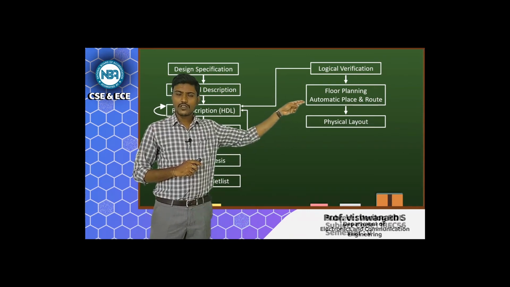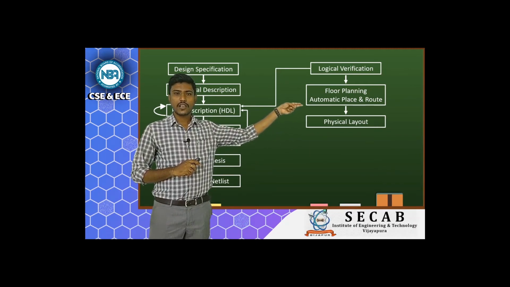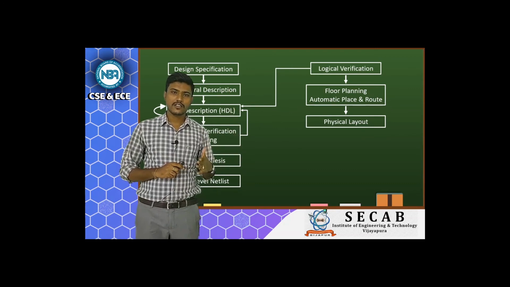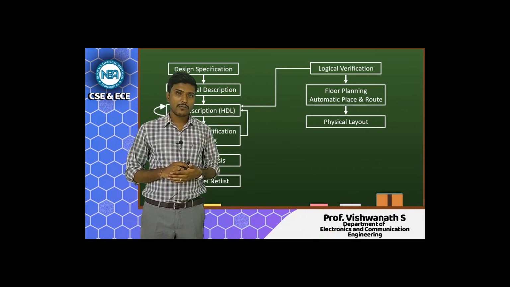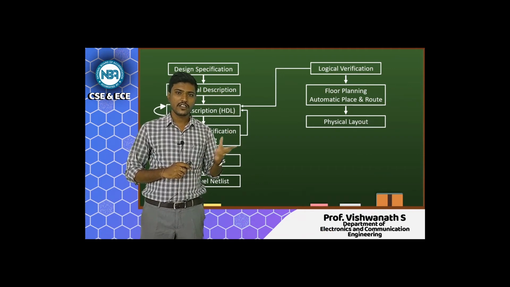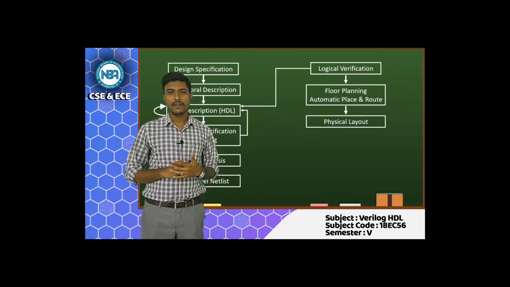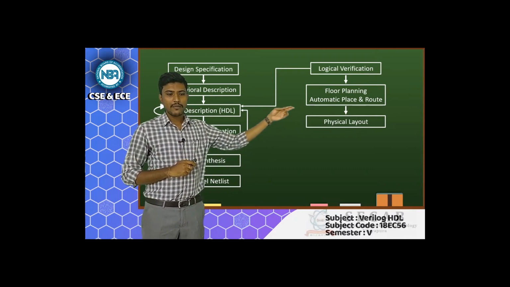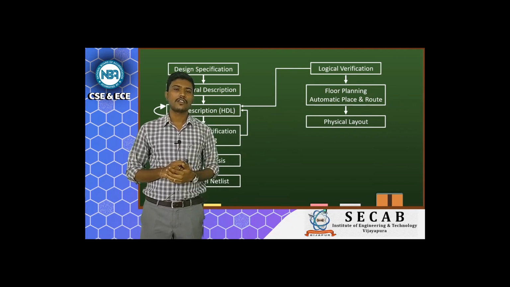Even the EDA tools, after place and route, are going to generate the timing report. Based on the timing report, we can analyze at which particular data path the timing is being delayed or whether it is reaching early. That can be taken care of from this timing analysis. Once the timing analysis is done, we need to come up with a physical layout.